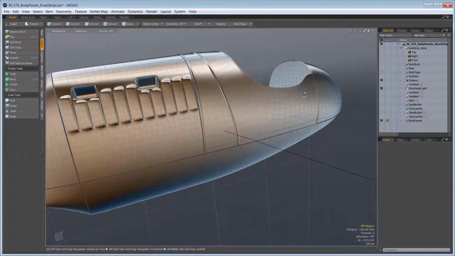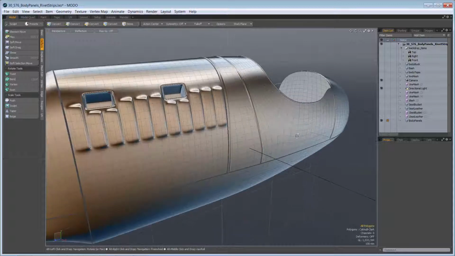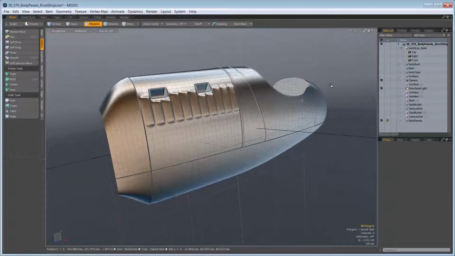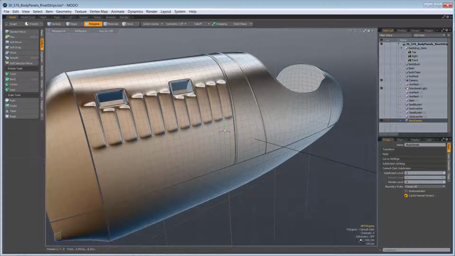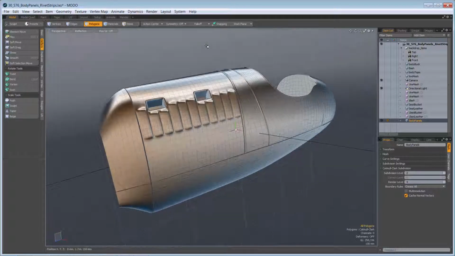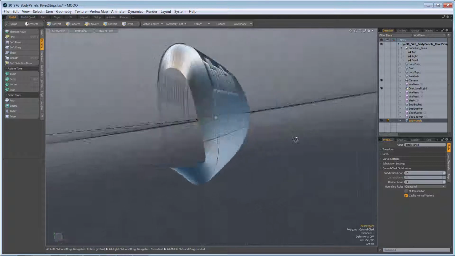If you need to improve your performance, your GL performance, then you can always head to the item, look in the item properties, and set that subdivision level back down to 2. That brings my GL count down to 258 again. And we can set our render level up to, say, 4. That way the detail will only be visible when you render, but in the viewport we get this nice low poly